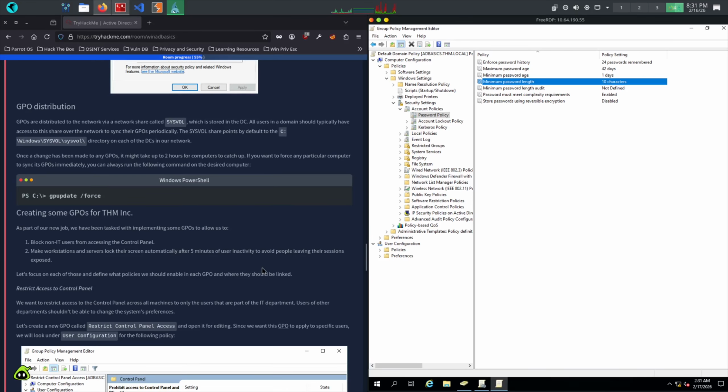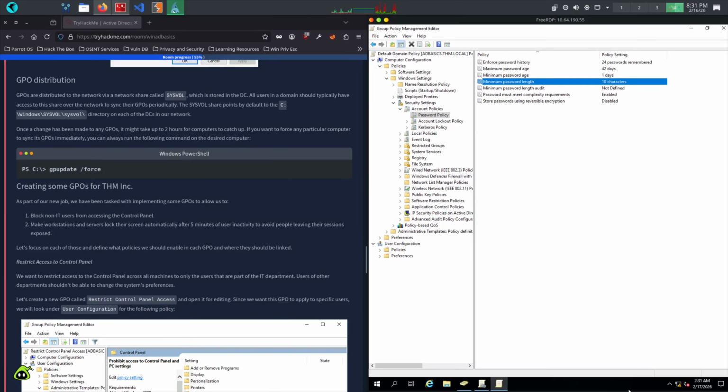Sure. And then we've got GPO Distribution. GPOs are distributed to the network via a network share called sysvol, which is stored in the DC. All users in a domain should typically have access to the share over the network to sync their GPOs periodically. The sysvol share points to the default C:\Windows\sysvol directory on each of the DCs in our network. Once a change has been made to any GPOs, it might take up to 2 hours for computers to catch up. If you want to force any particular computer to sync its GPOs immediately, you can always run the following command on the desired computer,